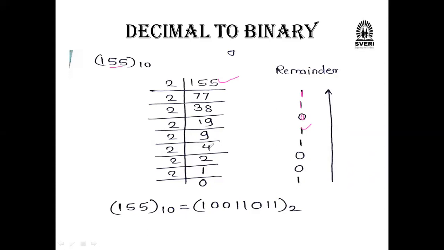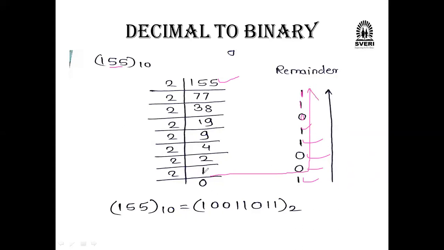So 9 minus 2 into 4, that is 8. 9 minus 8 is 1. Again, 1 we have written here. 2 into 2 is 4, and 4 minus 4 is 0. Next, 2 into 1 is how much? 2 only. 2 minus 2 is 0 here. So from this one I will write 0 here, and this one I will consider. Actually, from here to here we have to write it complete like this.